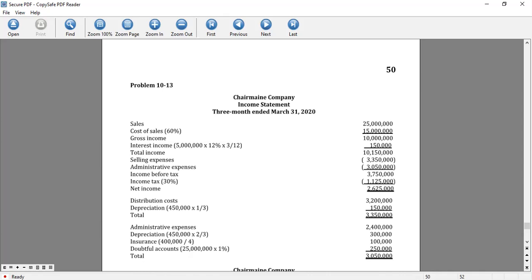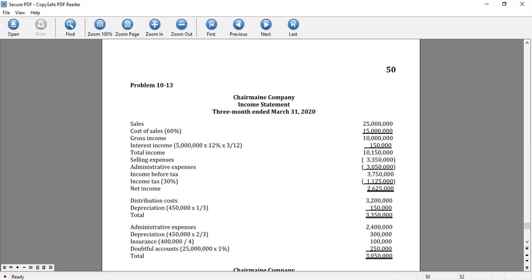interest rate. So to determine the interest income, we have 5 million multiplied by 12%, and we multiply by 3 over 12. So meaning that's 3 over 12 from January 1 up to March 31. So the interest income of 150, total income